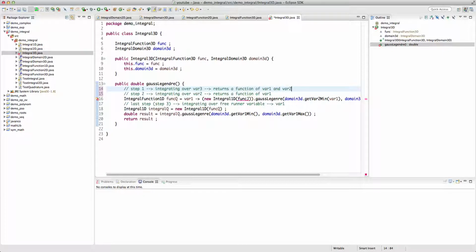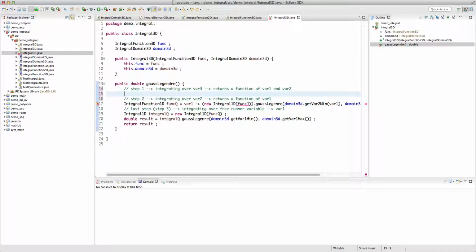All right. So what we are going to do, we are going to say integral function 1D func j equals to